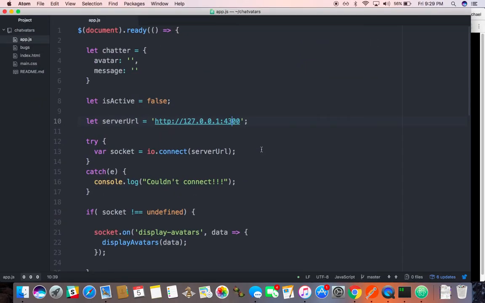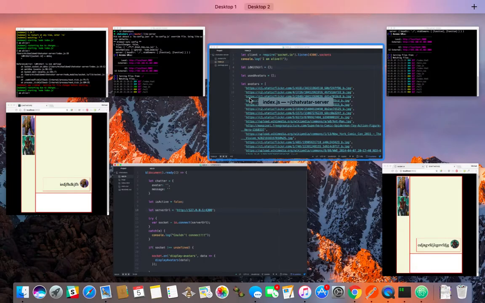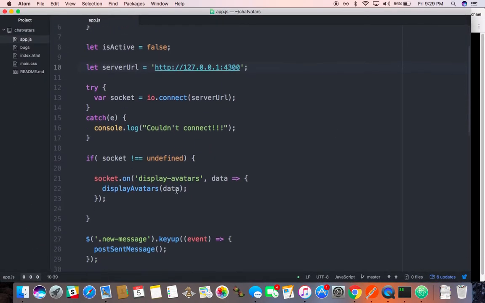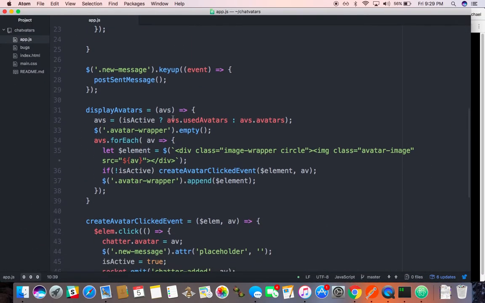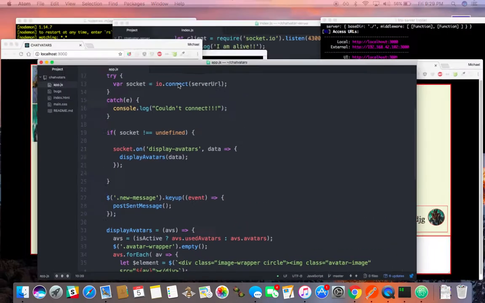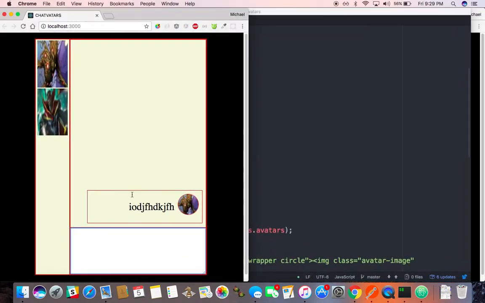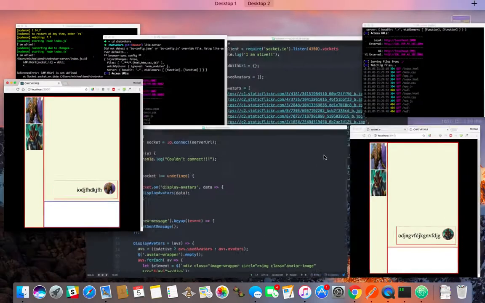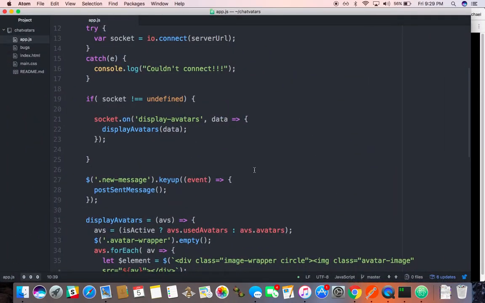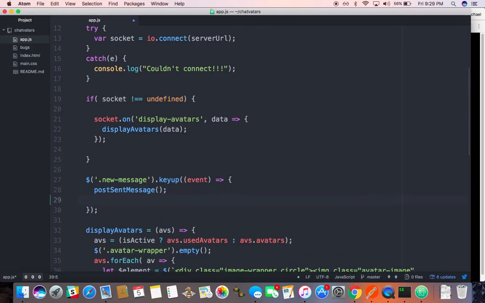So on the front end, which is this one, on the key up event, we just had this post. We posted it on our screen when we hit send, but we also have to send it to the back end. I can't send it straight to the guy I'm chatting with or to everybody. I have to send it to the back end, to the socket server, and the socket server sends it to everybody. So I'm going to make a function called